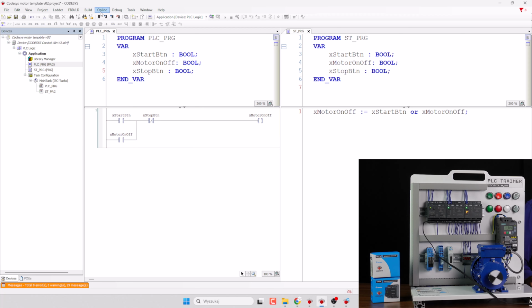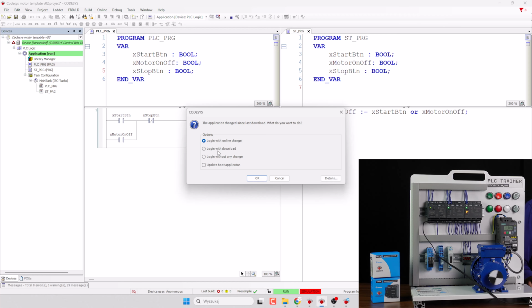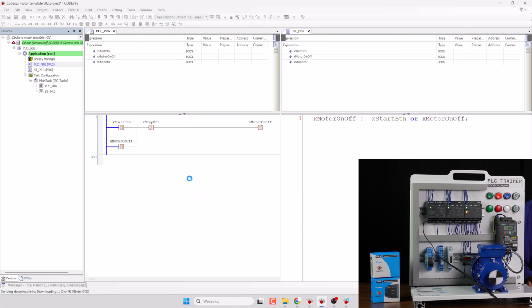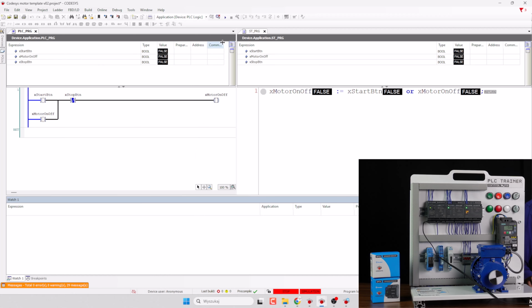Now go to the Online tab, click on Login, and download the program to the PLC memory. And right now just start the program. The NC contact X stop button is shown with a diagonal line across it. In its default state, when you are not pressing the stop button, the contact is closed, meaning current logic signal